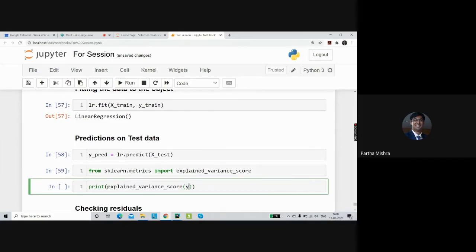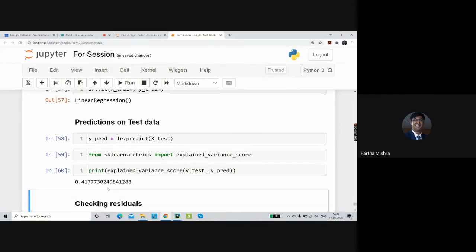Inside we are going to pass in y test. Remember, y test is the actual price of the house in the test data, and y pred is what we are getting from the model. So we're going to compare these two values now. And once we check this, we're getting a score of about 41.77%.